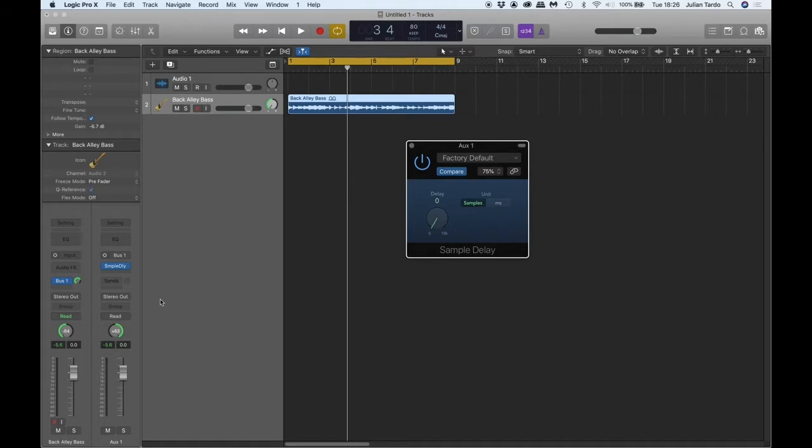So the next stage in actually using that tool to create fake stereo is to change the level of playback of the right hand signal in order to kind of re-equalize the sound. Okay, so I'm going to select a delay of, let's say, 3 milliseconds. But now I'm going to actually turn up the right hand channel, or rather I'll turn down the left hand